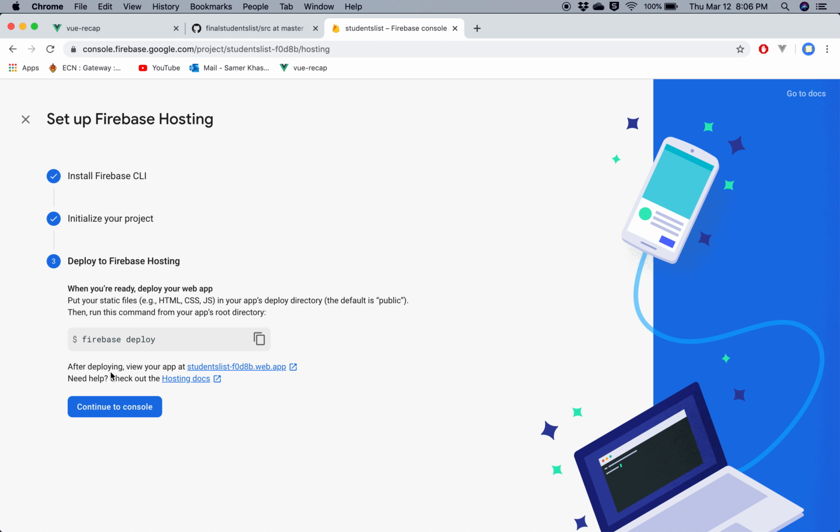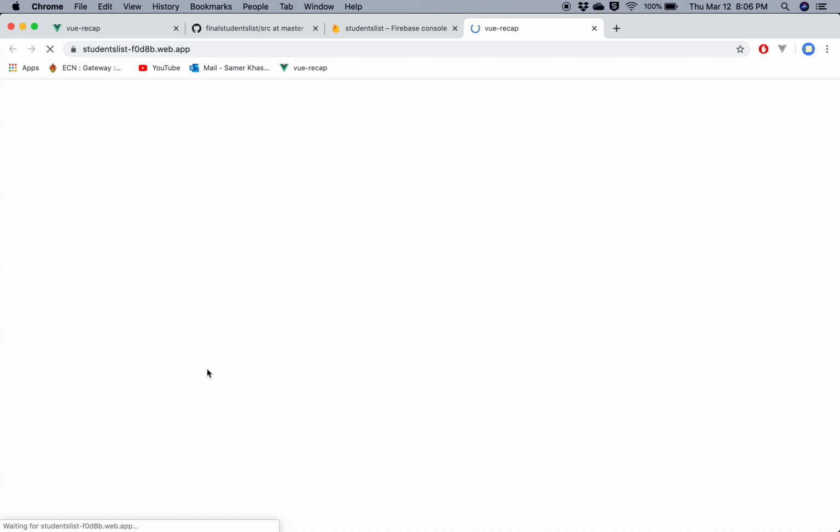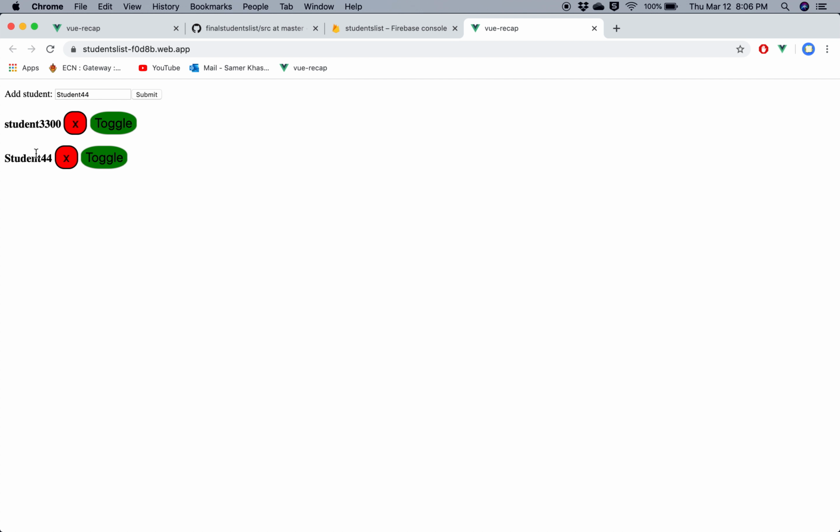Now after deploying, view your app at this URL. So this is my app, and notice this is the URL. It's no longer running locally on my machine. So now if I do student 44, submit, there you go. And then if I delete it, it should be deleted from the Firebase